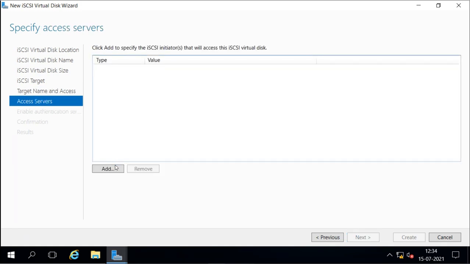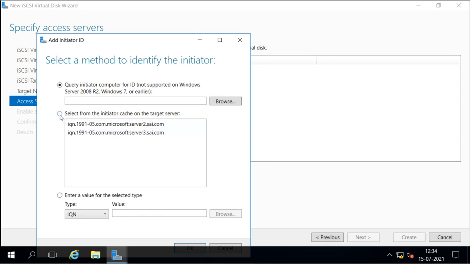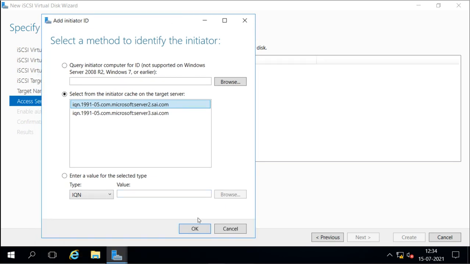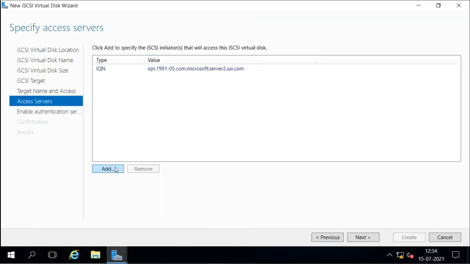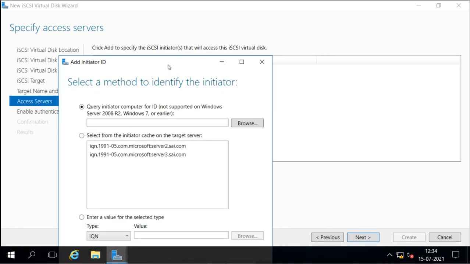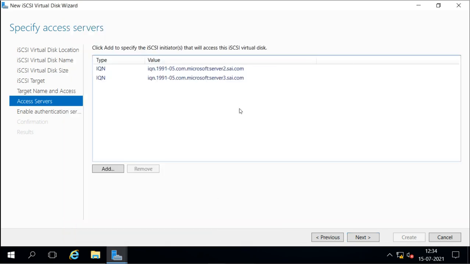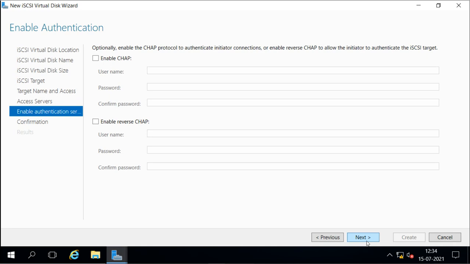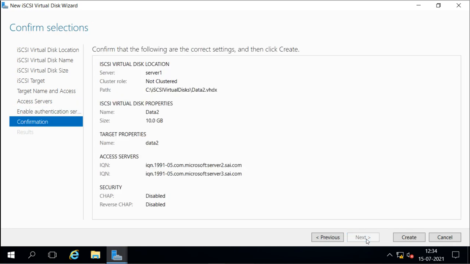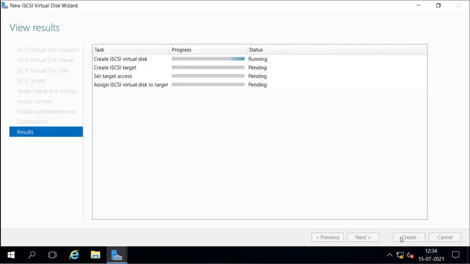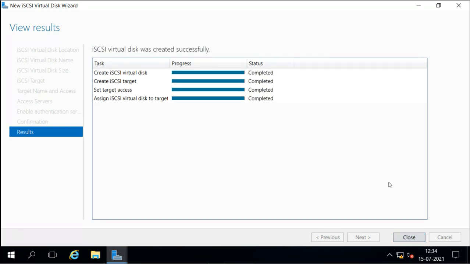I will use the same IQN, and I will add both server 2 and server 3 here, so that both these servers can have access to this target. I am not adding any security, and then create. So it is now created.